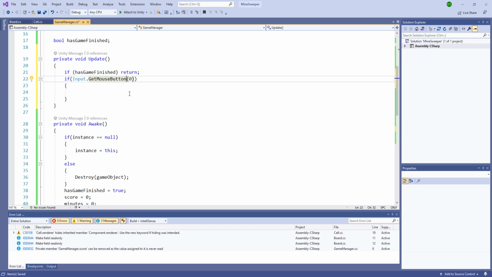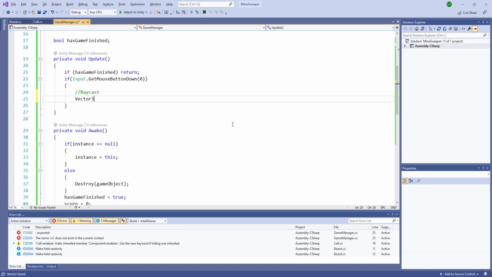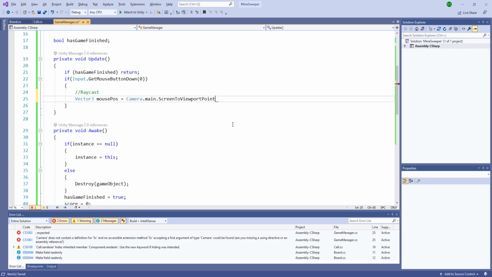Get mouse button down of 0. Then we'll check if it hits the collider. So first, we'll raycast, and inside the raycast let's have a Vector3 pose, camera world point of,